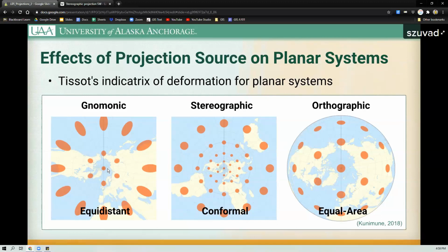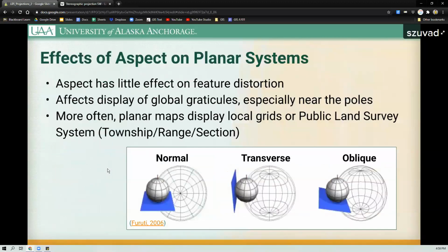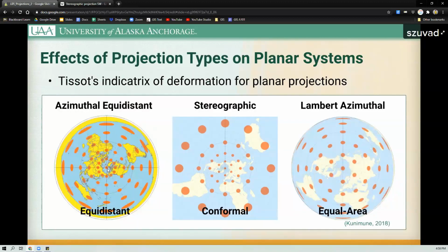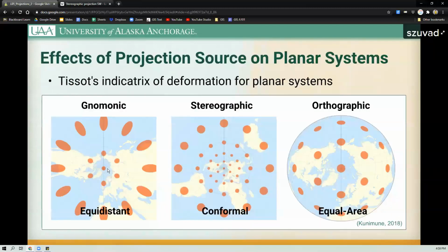So I think I'll just go back through. We have two sections of planar distortion here. We have the selection of how we're going to distort, and then we have the selection of where we're going to put our viewpoint. So there are almost unending options for planar systems, and we use different planar systems in different parts of the